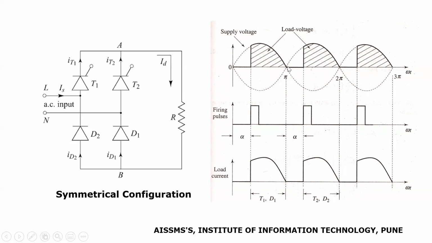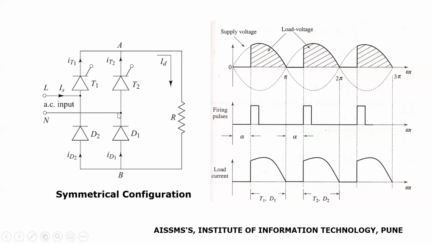At instant pi, the source current and source voltage will get reduced to 0. So a natural commutation takes place in thyristor T1 and T1 will get commutated. From instant omega t equal to pi to instant omega t equal to 2 pi, a reverse voltage starts appearing